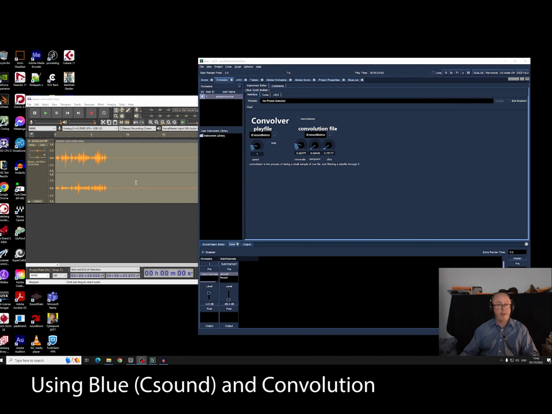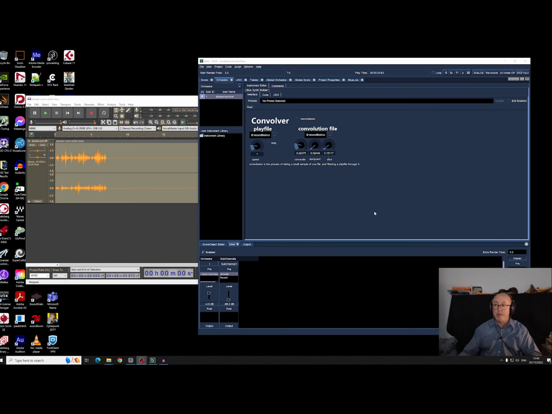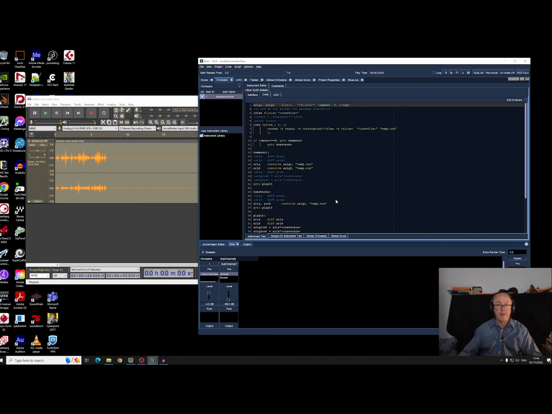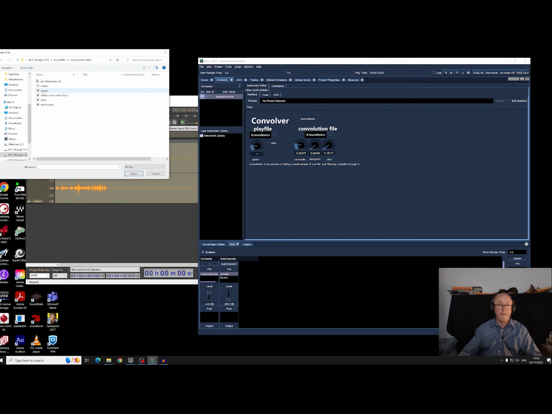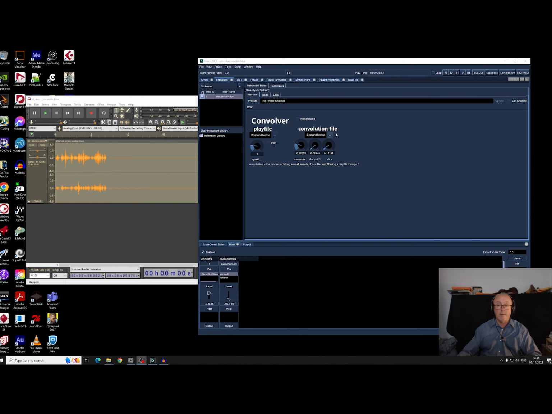Finally, there's a method to do this using a piece of software called Csound that is wrapped in a kind of programming interface. Again, it's part of the USSS toolkit that we use this program called Blue. There's the nastiness of the Csound code and a very basic interface. And what you can do is select the sound file of stones, select the convolution file,